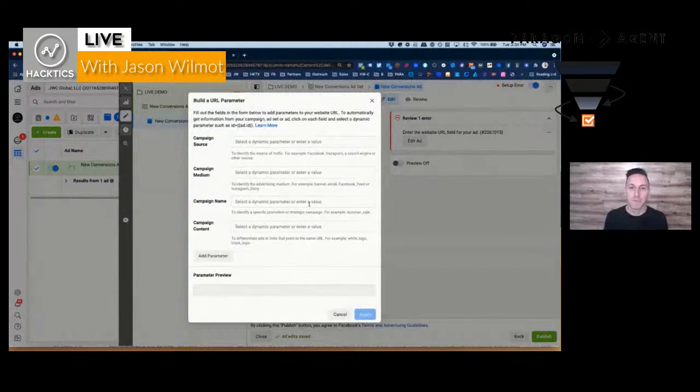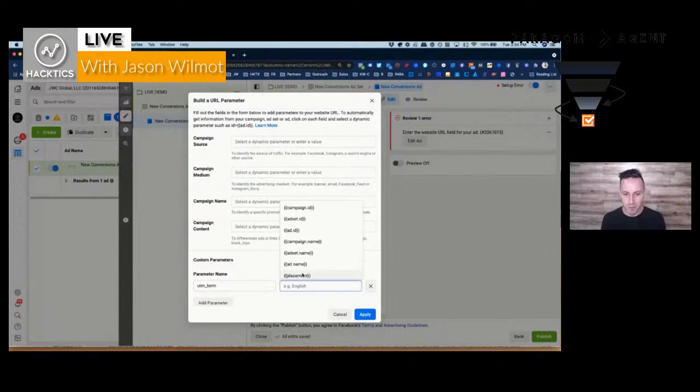But what a UTM parameter does is it connects the click all the way to the customer. And there's ways to pass through this information where I can understand where this ad is placed in front of somebody. Is it placed in the right-hand corner? Is it placed in the news feed? Is it placed in marketplace? Like you can pull that data out. And over time, you're going to see examples of these patterns, and that enables you to scale more than anything,